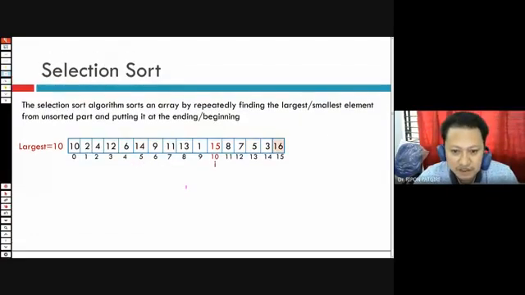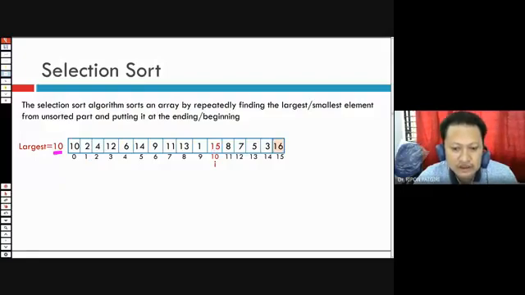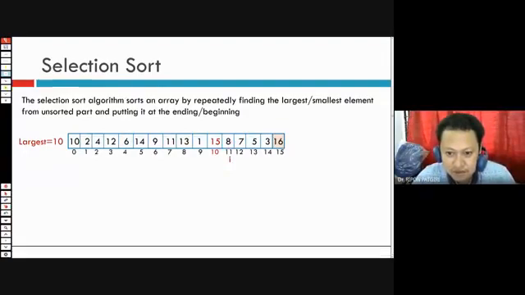Next, 15. In the case of 15, 15 is larger than 14. That's why 10 is put here, because the largest value is 15. The index of 15 is 10. So next, we compare here. This is 8, and this is I. Compare 8 and 15.